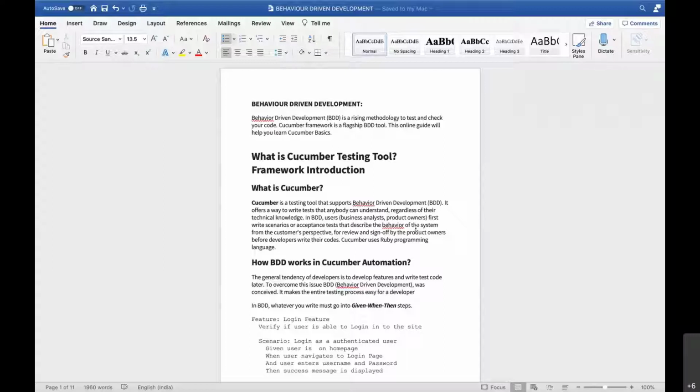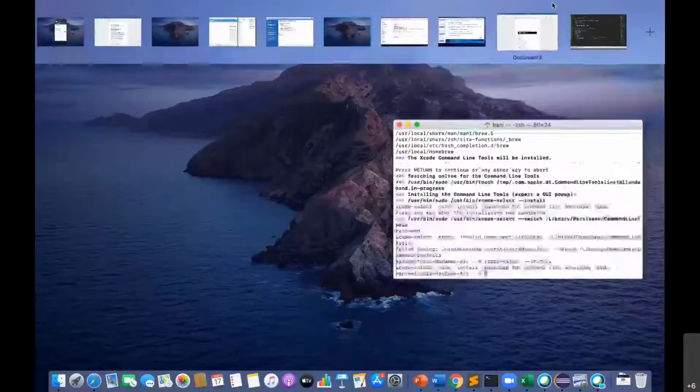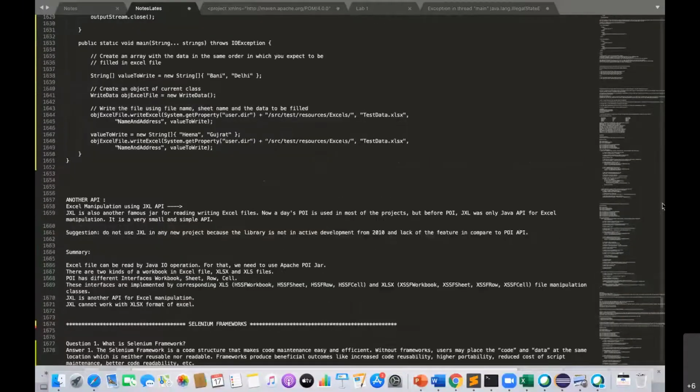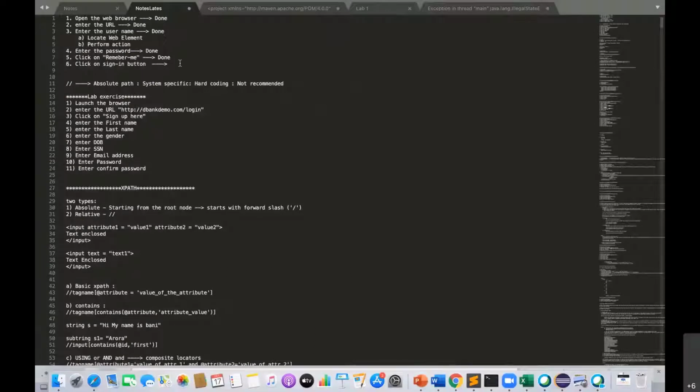You will gradually understand. Guys, do you remember when we started off with this session? We wrote some steps that we were supposed to perform. I remember Kanika helped me write those steps. You remember we wrote these steps: open the web browser, enter the URL, enter the username.